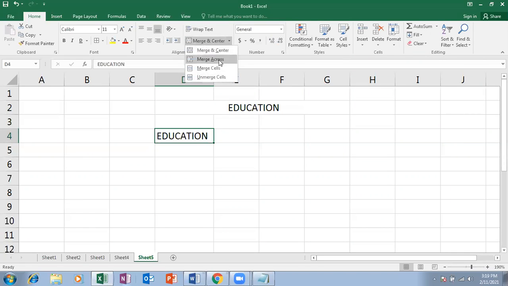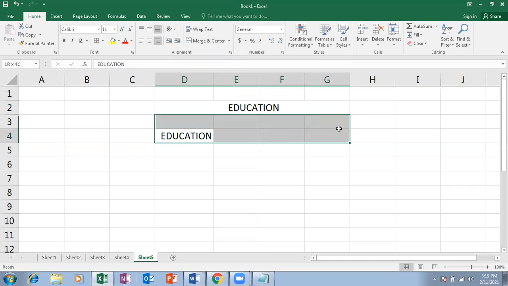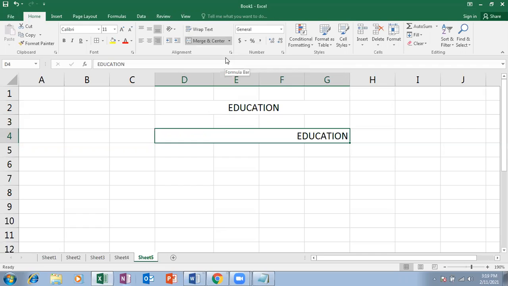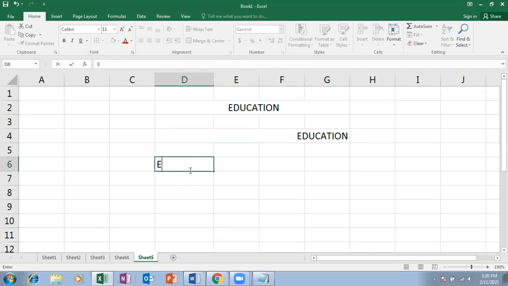So next we are going to see merge across. Let me give right alignment. What happens if I merge all those cells and give across, with the alignment I have given? I have given right alignment, right? It will be merged and taken to the right alignment. Merge across.